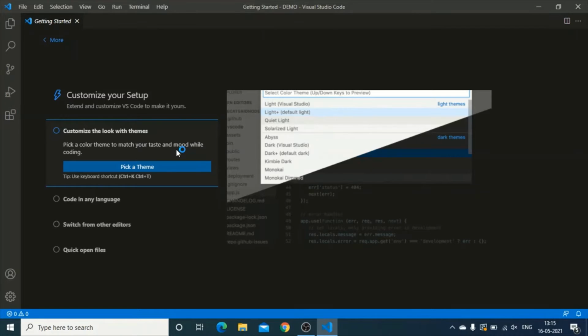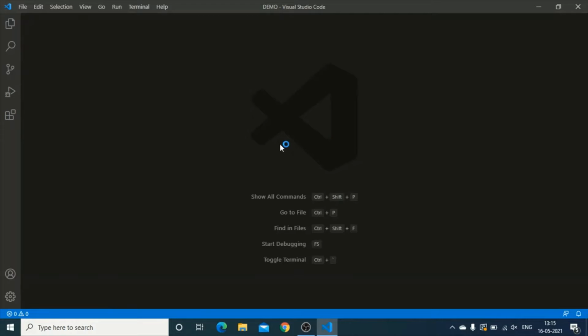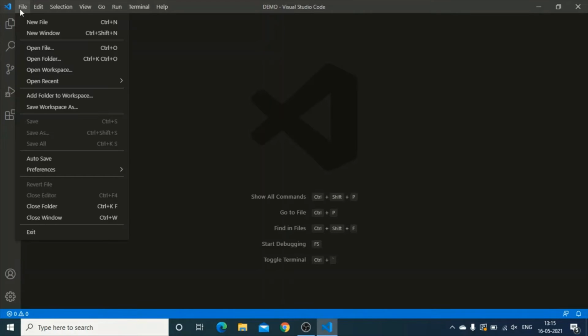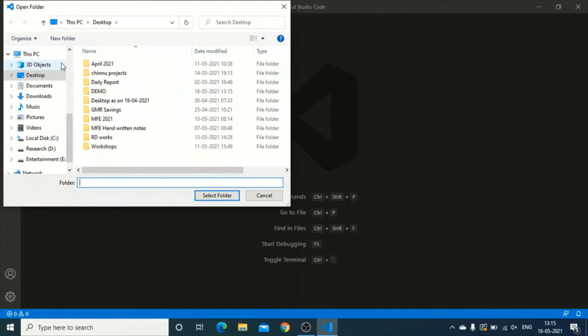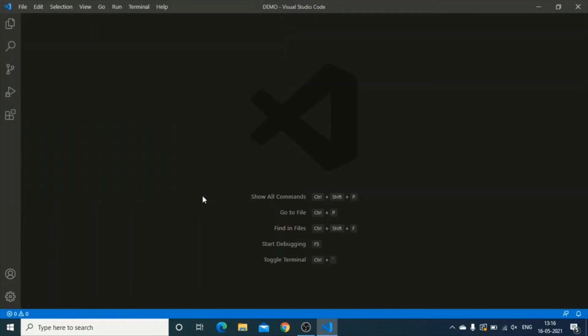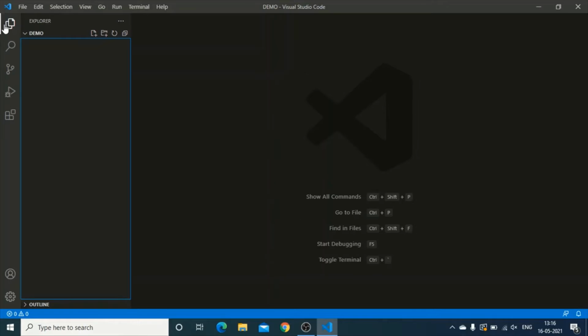Then open your Visual Studio Code, in which you have already installed those plugins, and then open that folder over here. To open that folder, you need to click on open folder. Then it shows something like this. You need to navigate to your folder location, click on it and click select folder. Yes, the folder has been selected. It will open soon. Yes, we have opened the folder.